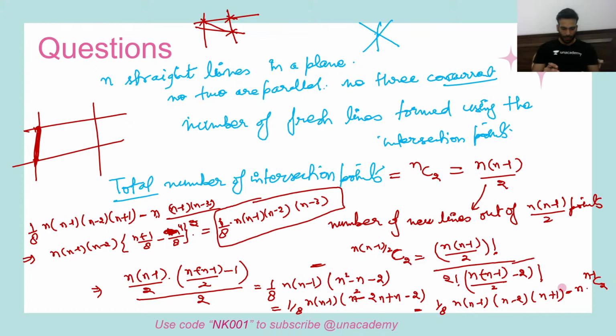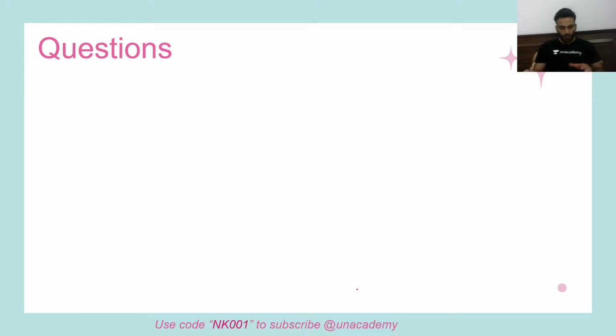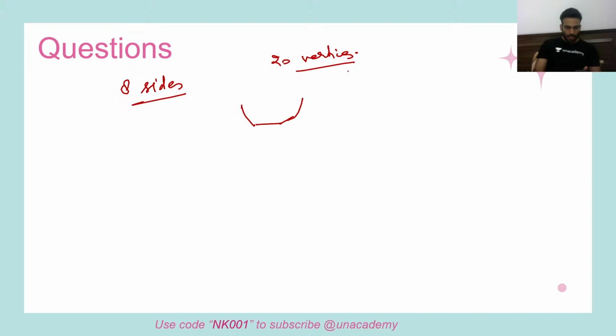Number of octagons that can be formed by using... Okay. Just give me a moment. I'll have to write the question before my battery goes down. Number of octagons. So for octagons, basically you have to pick 8 sides, that can be formed by using vertices of a 20-sided polygon. Okay. So we have a 20-sided polygon. Basically we have got 20 vertices, such that no side of the octagon is common with a side of the polygon, is given by